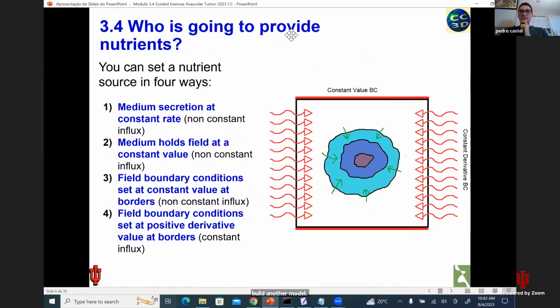We also want to build the boundaries, to model the boundaries. So we have many options. For example, do we set a constant concentration value at the boundaries? Do we set a constant influx of nutrients from the boundaries? Do we set periodic boundary conditions with, for example, the medium secreting nutrients? Could be the case, right? Could be that the medium is producing nutrients for the tumor,